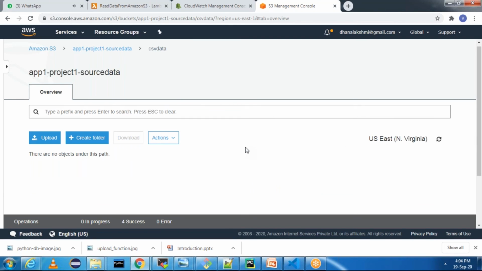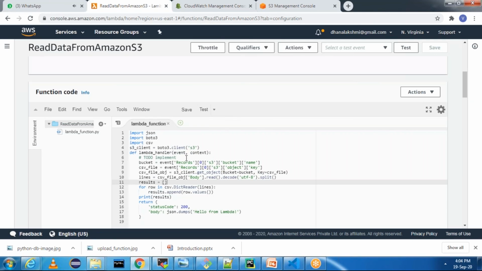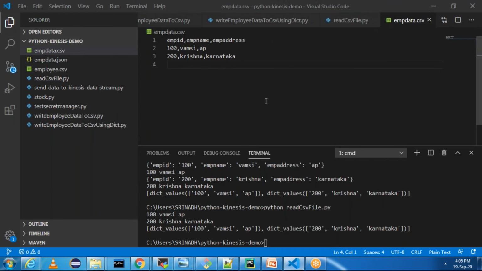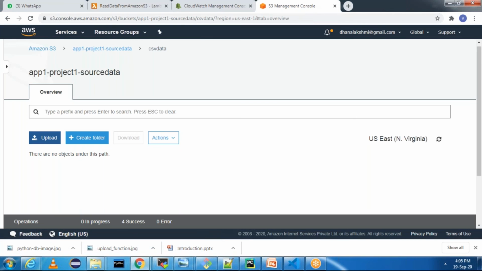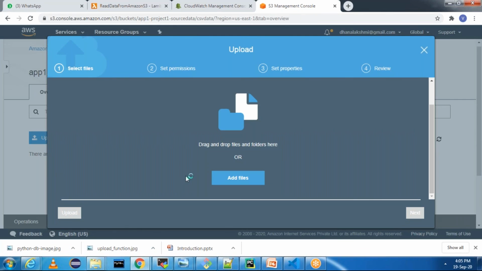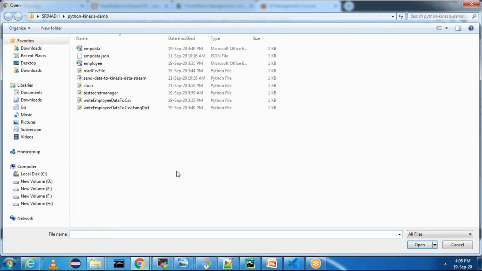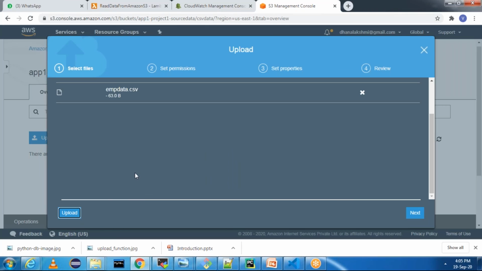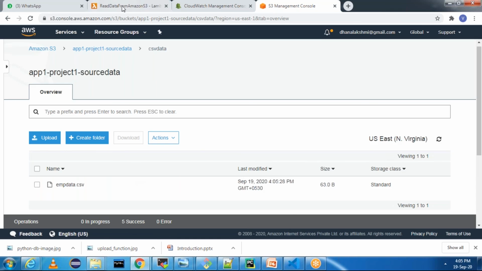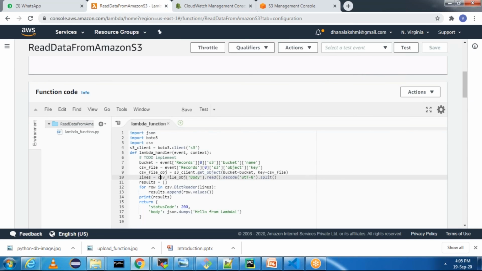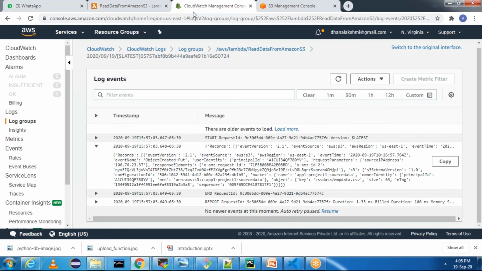Okay. Once we upload this object, our Lambda function is going to get triggered and it's going to get the bucket, file name, and file object, and it will print the results, whatever is there in our CSV file. It is going to print these two objects. Okay. Let me upload the file. Go to the CSV file, upload, add files, and upload the employee file. Click on upload. Now once this file is uploaded, our Lambda function will get triggered, and in the Lambda function we are going to print that.